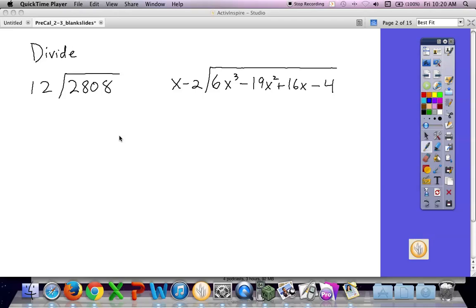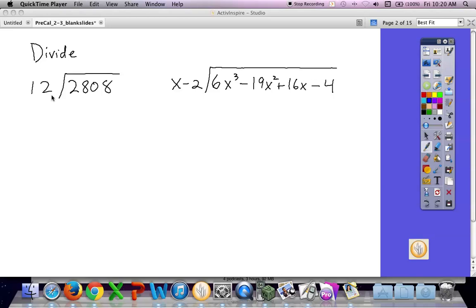Okay, in order to remind ourselves how we do the long division of polynomials, we're going to do a long division of numbers because it's all the same, right? It's all the same. So, for example, if I have to divide 2,808 by 12, the thought process is, right, I say 12 doesn't